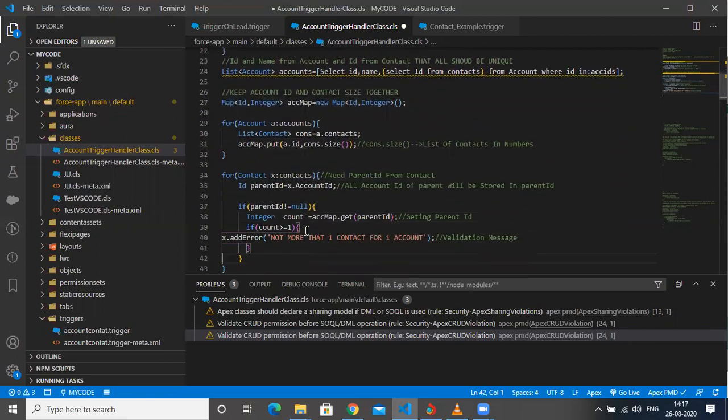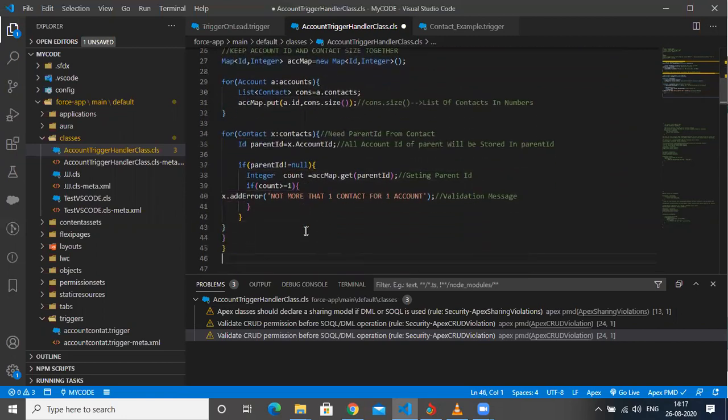Next step, I iterate my account, the same for each loop, and I store all that list of account in this A. Now here in my accounts, my contacts will be stored in this cons, a variable for list of contact. Later on, I use this put method where I keep my account ID and contact size. Contact size means if we have one contact, two contact, three contact, all will be stored in contact size. Got it?